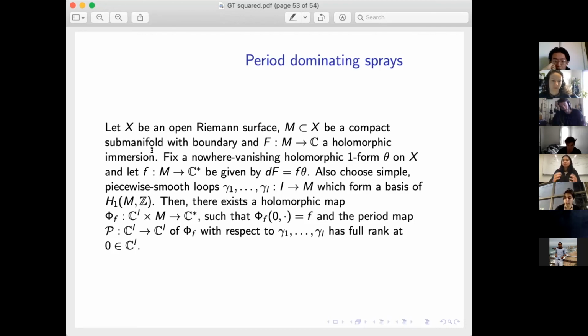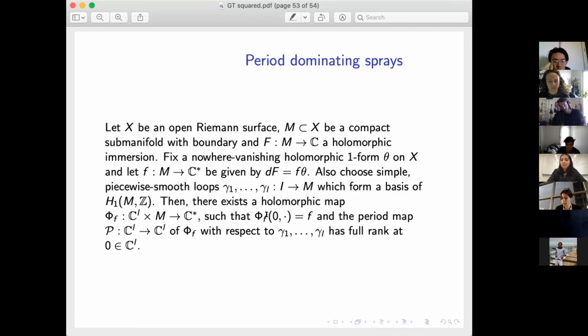And of course, we can choose simple piecewise smooth loops that form a basis of the first homology group just on this compact submanifold. Then there exists a way of controlling the periods. So there exists a holomorphic map